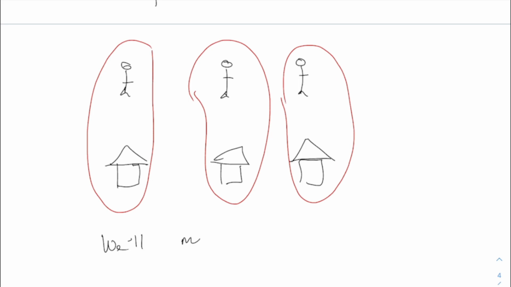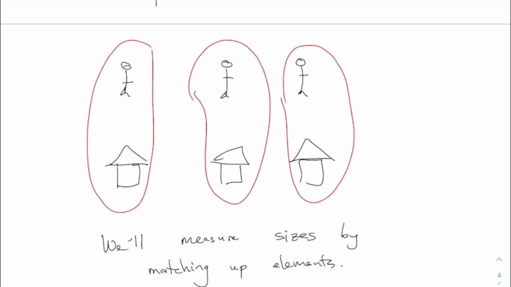So what this whole thing is about: we'll measure sizes of these sets by matching up elements. And if you can describe how to match things up, they have to match up in a particular way. Like in this example, every person has to match with one house, and every house has to be matched with one person. You don't want to bunch them up. If I make 2 people match with one house, then you mess up the count, right? So every one thing up there has to match up with one thing down here.